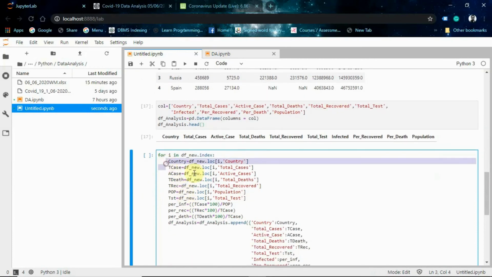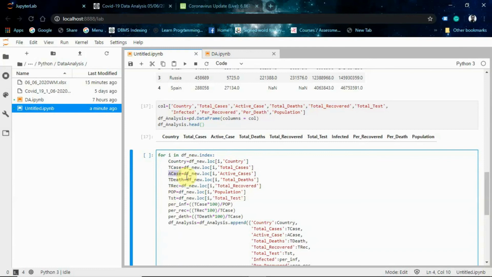Likewise, we collect all this data, the total case, active case, and just store it in our variables. I just name these variables according to my needs, but it's appropriate that you name each variable according to what it is going to do, right?